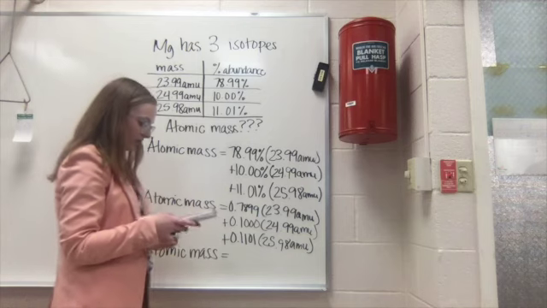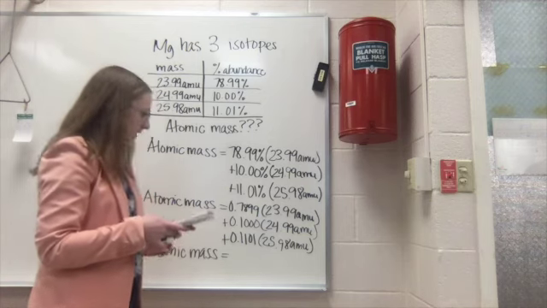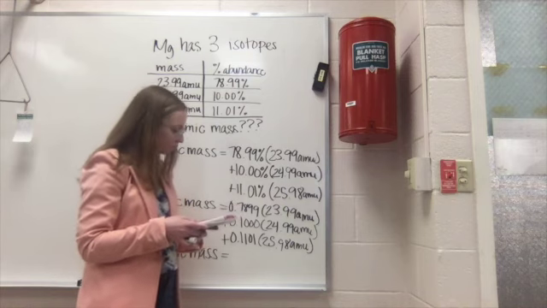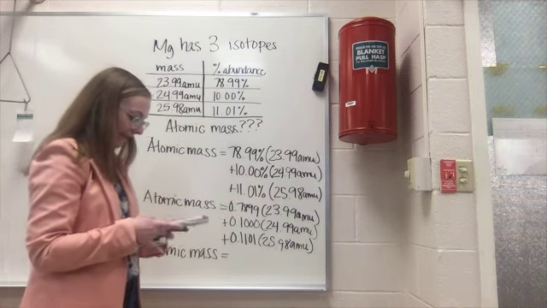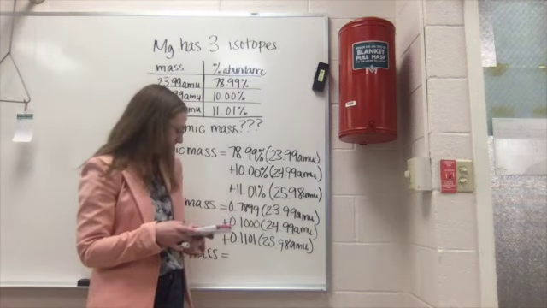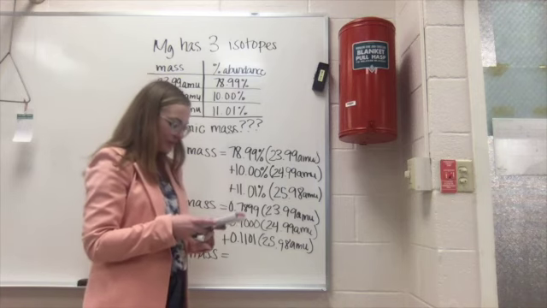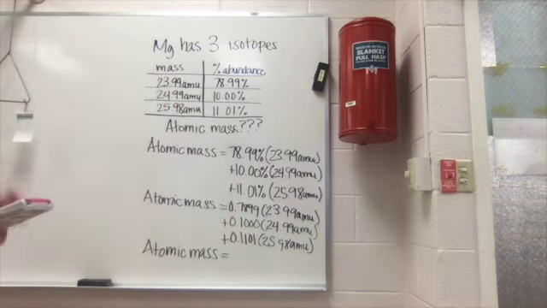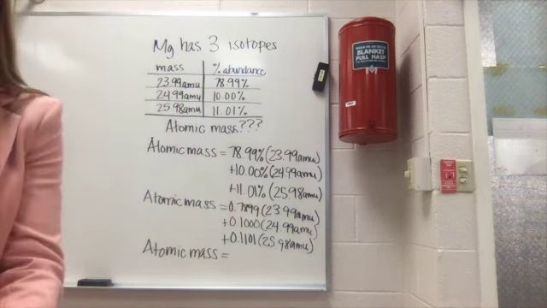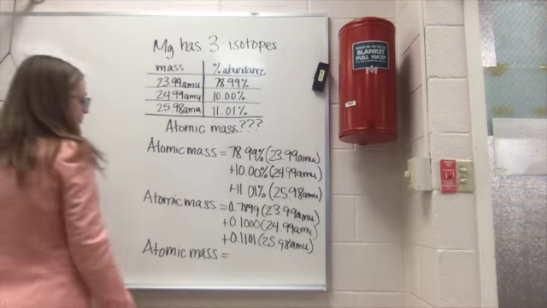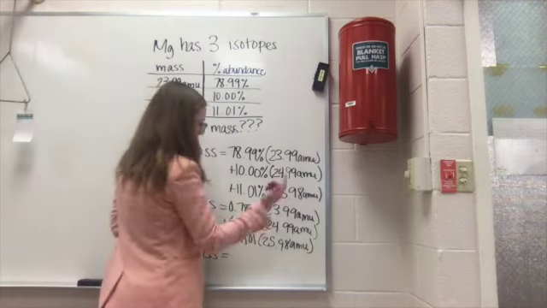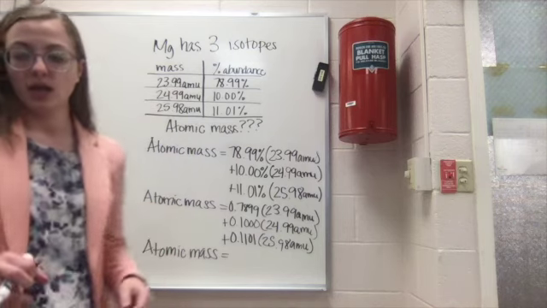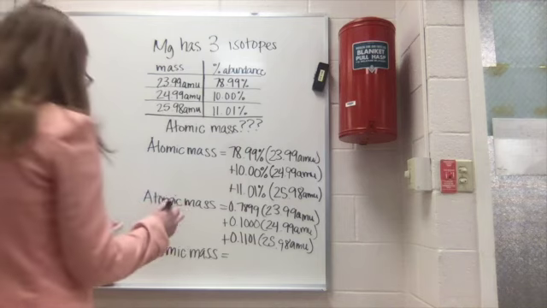0.7899 times 23.99 plus 0.1000 times 24.99 plus 0.1101 times 25.98. Well, that's going to be 24.309. I'm going to round to 2 spots after the decimal place because that's what my answer is going to have here. So 2 spots after the decimal place for sig figs in this case is